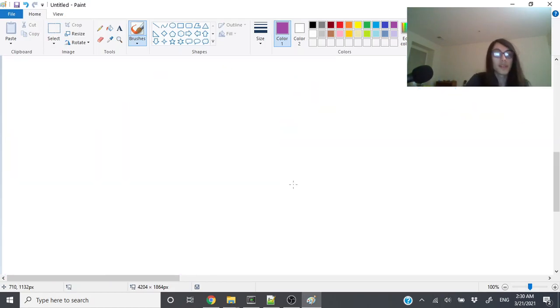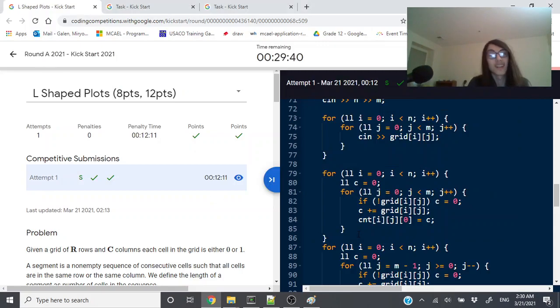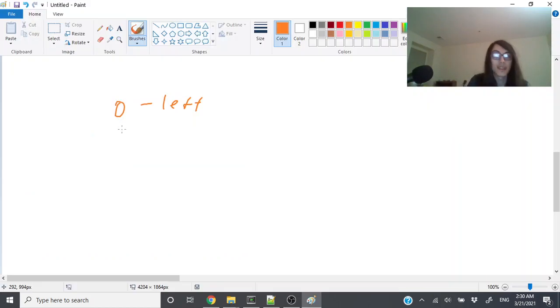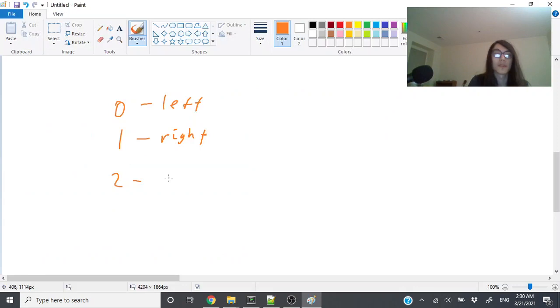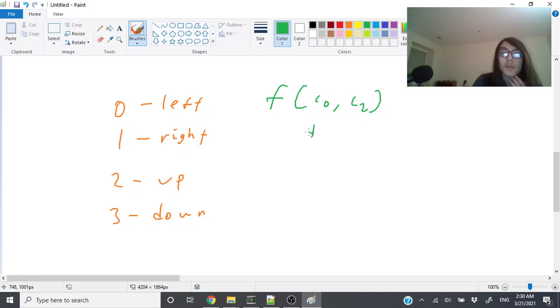So in my code, 0 represents left, I think. No. Am I wrong? I think I am wrong. Wait. For each row, for each column. No, 0 is left. Yeah, that's right. Then 1 is right. And then 2 is down, I believe. No, 2 is above. And then 3 is down. So then we need to call stuff like f of c0 and c2 plus f of c0 and c3 plus,